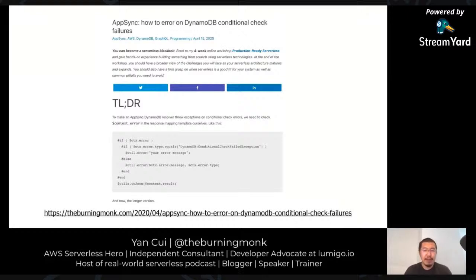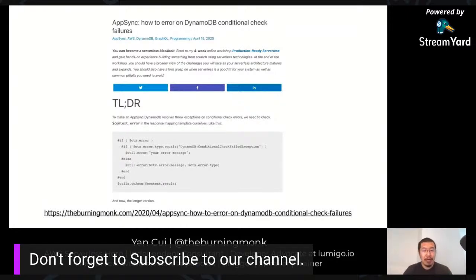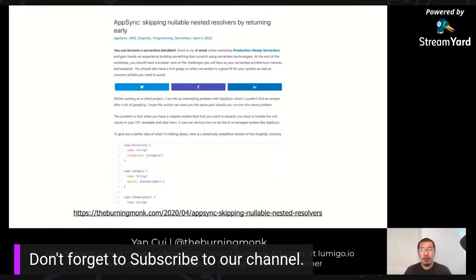So in the meantime, if you need to know what to do for that, I've got a blog post for you, so check out the link afterwards if you want. And it also wasn't clear how I can skip those nullable fields when it's a nested resolver. So again, I wrote a blog post on how you can do that.